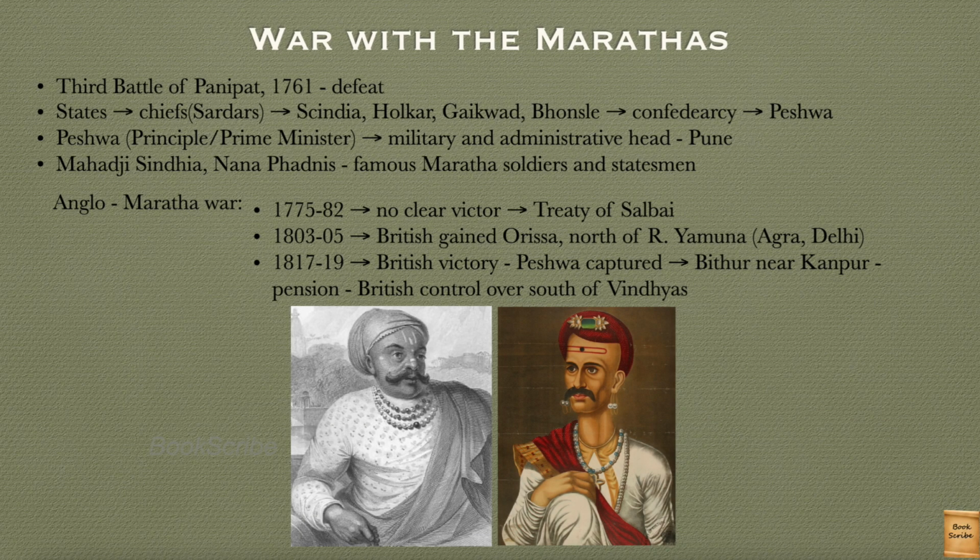So during this time, simultaneously the British East India Company tried to control and destroy the Marathas also. So after the Marathas got defeated in the Third Battle of Panipat in 1761, when they fought against the Durrani Empire led by Ahmad Shah Abdali, the dream of controlling Delhi was brought down. The Maratha Empire was divided into states, and each state was headed by a chief called Sardar. These Sardars were from different dynasties, different princely families, namely Scindia, Holkar, Gaikwad and Bhonsle.